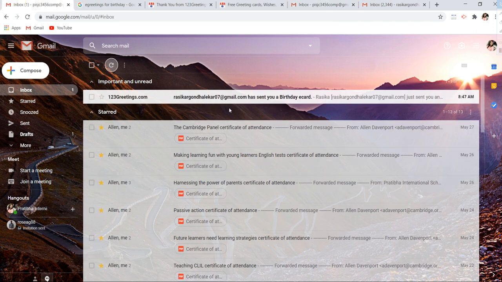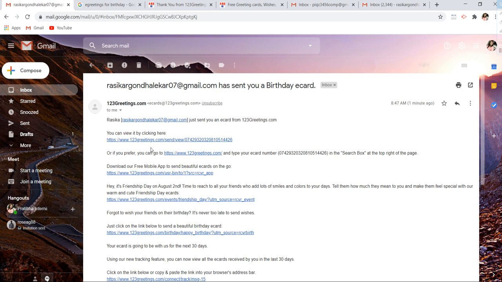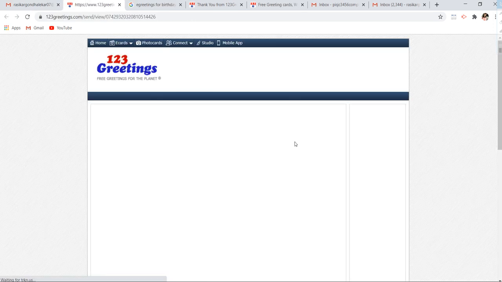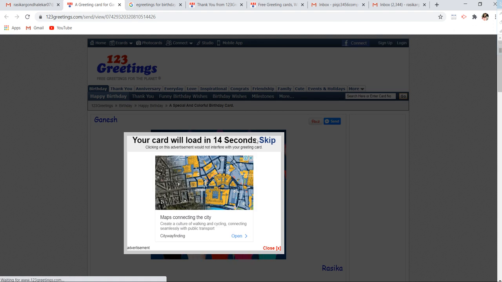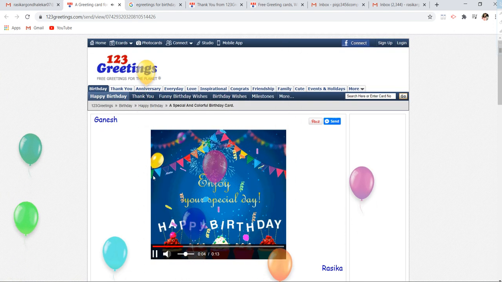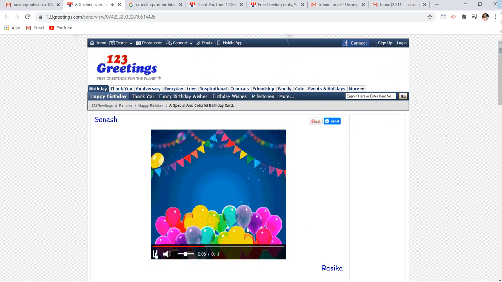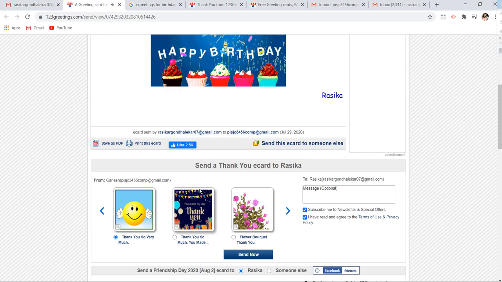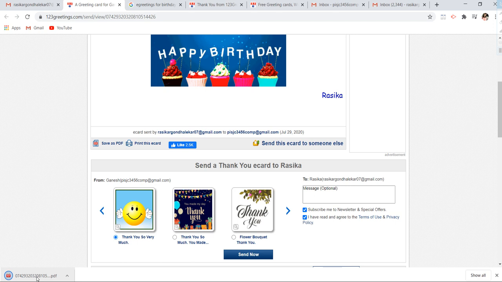At least you can send that card to yourself, and then save as PDF. See here, one option is given here, save as PDF. So you just save it as a PDF, it will get downloaded.